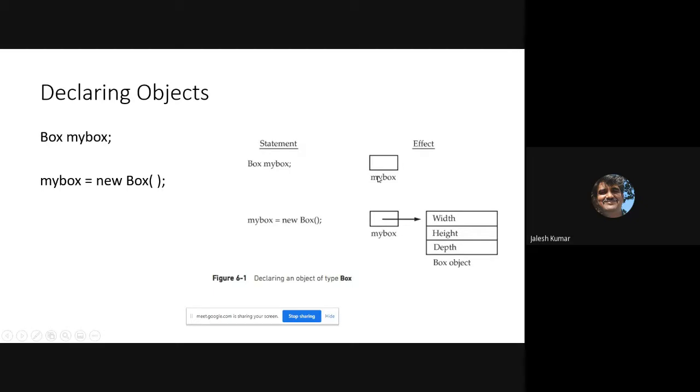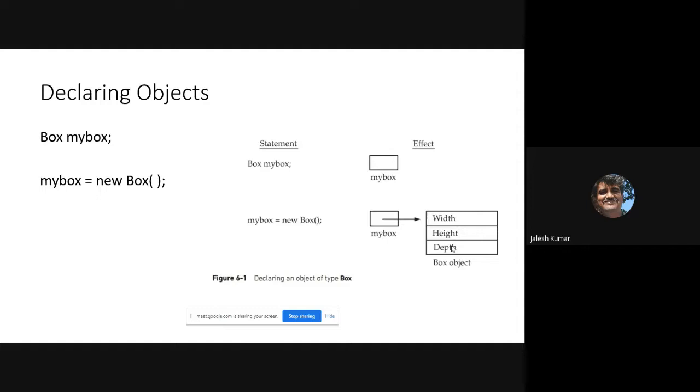It is just a reference. It is not at all allocating any memory. When you are allocating using the new operator, see, exactly the allocation of width, height, depth, the three variables I defined, is it not? Width, height, depth get the memory allocated. That's why you are getting the initialization 0. When you are printing my box dot width, height, depth, if you give a value, it will take that. If you are not giving one, then it will take the default value, that will be 0.0.